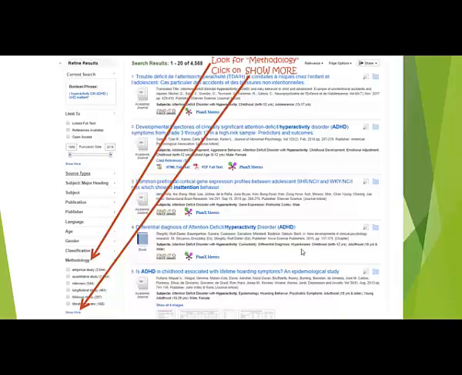We get over 4,000 hits, but what we want to do now is limit our search just to case studies. Every indexer at PsycInfo is asked to index the articles by the methodology used in the research. And on the left-hand side, we see we can choose the methodology. It lists about 6 possible methodologies here, but I don't see case study there, so we're going to click